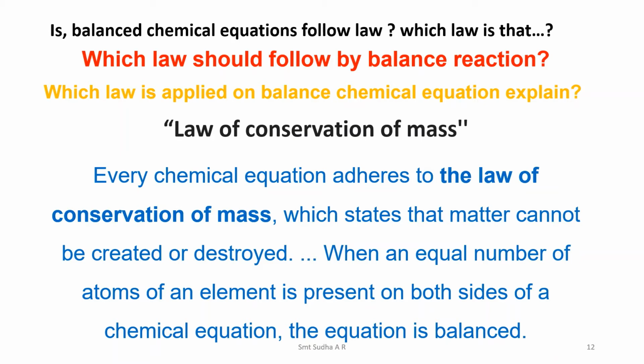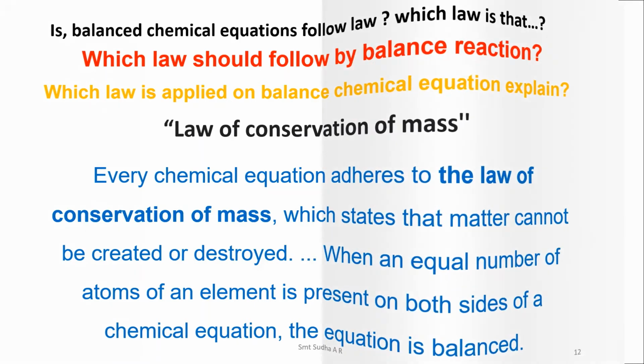See, in this, that means nothing is going to be created, nothing is going to be destroyed. It is present in one form or in another form. Like that you have read in 6th standard related to the law of conservation of energy. Likewise, here also the number of atoms present on the reactant side must be equal to the number of atoms present on the product side, like in a balanced chemical equation. Likewise, you have to answer. So this is the law that we are going to see while balancing the chemical equation.